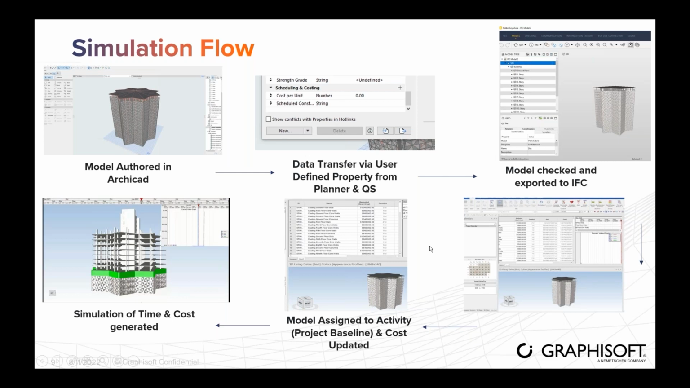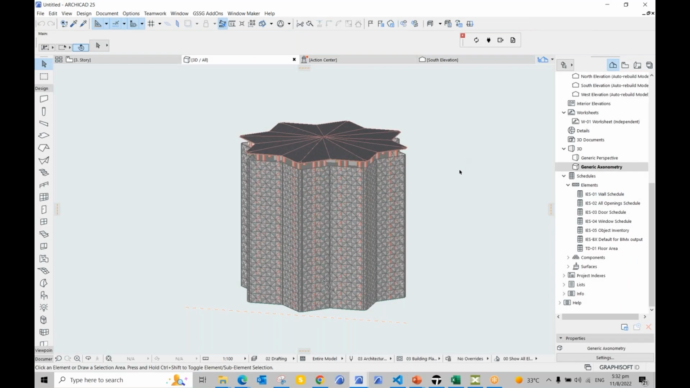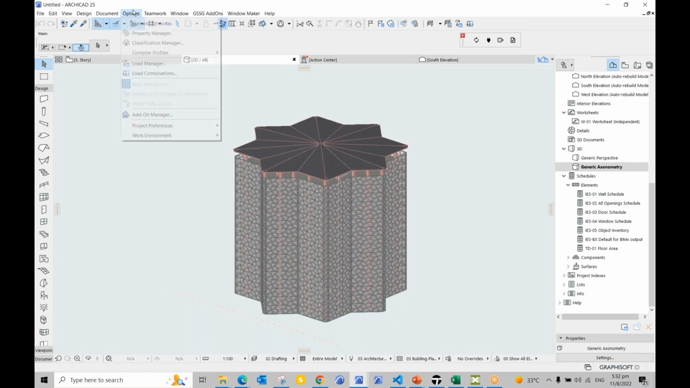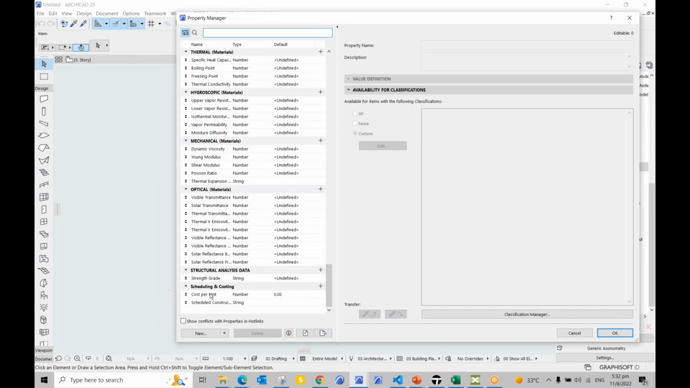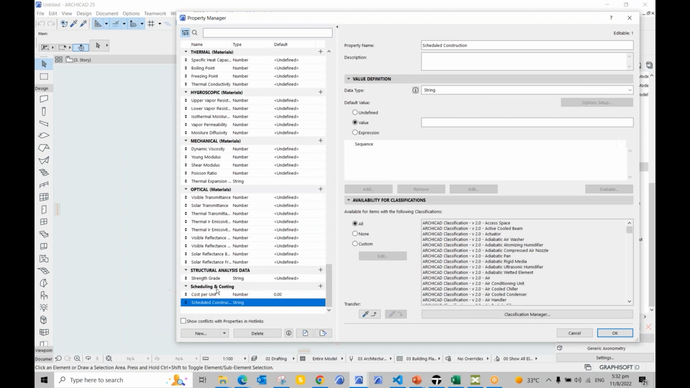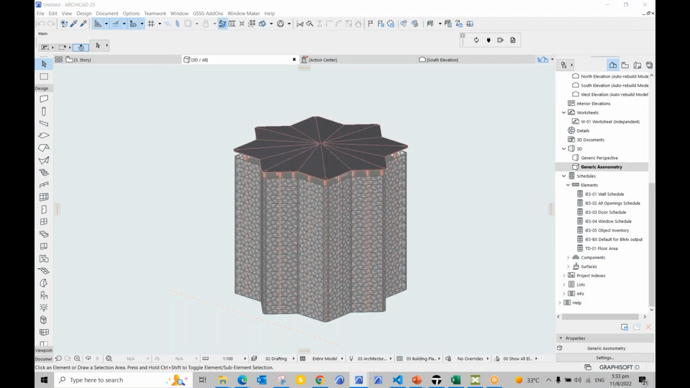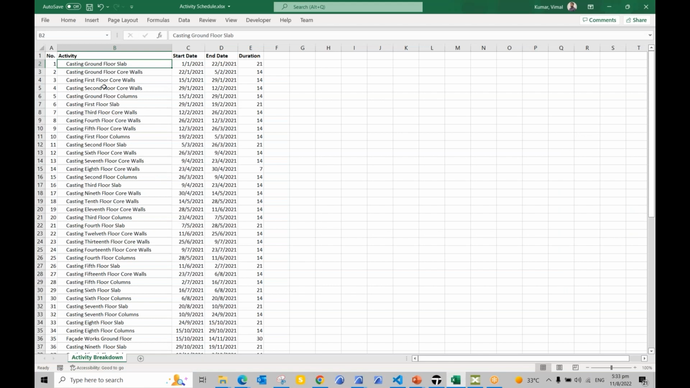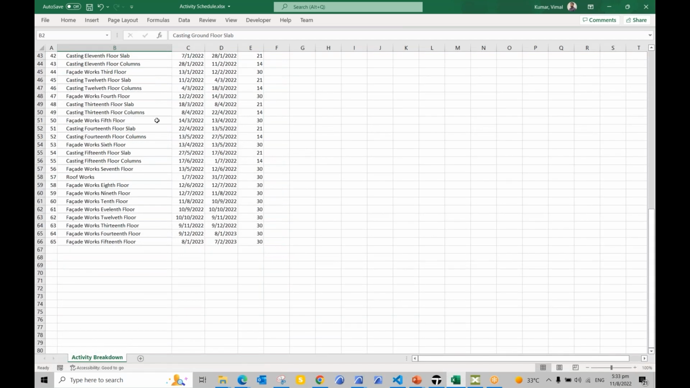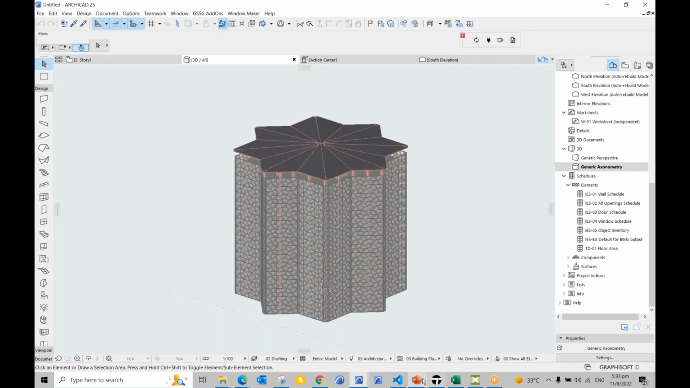So let me show the model inside Archicad. So this is the model. If you see here under the options, the property has been created. So these are the properties that are exported along with this model. And then this will be the Excel sheet. So you can see here, these are the activities along with the start date and end date with the duration itself. So this Excel sheet can be imported inside Synchro, and then you'll be able to create the 4D and